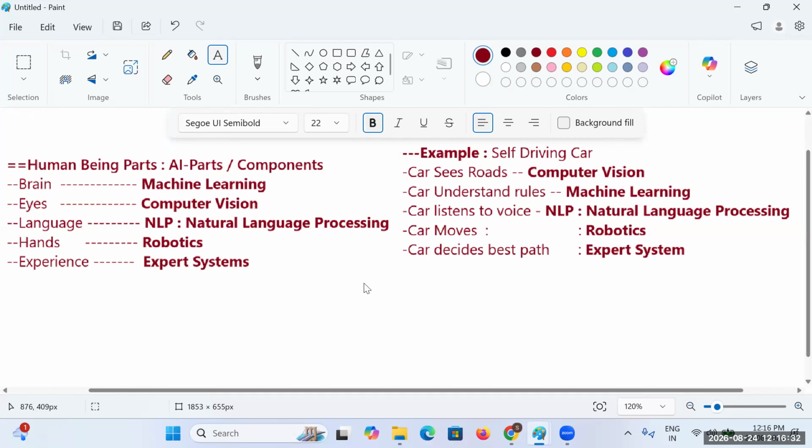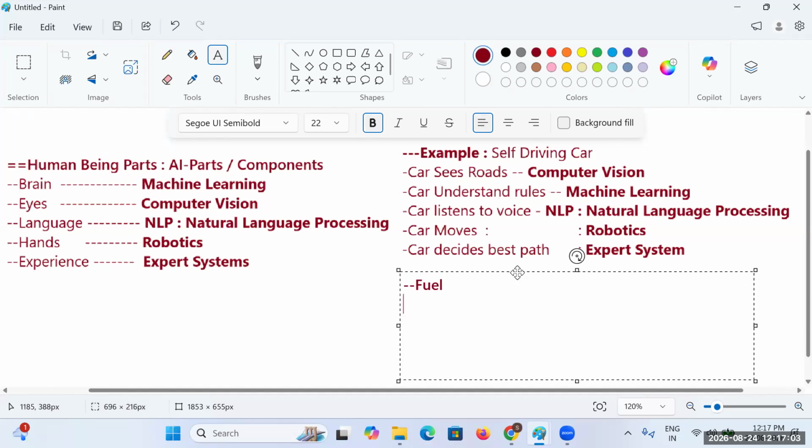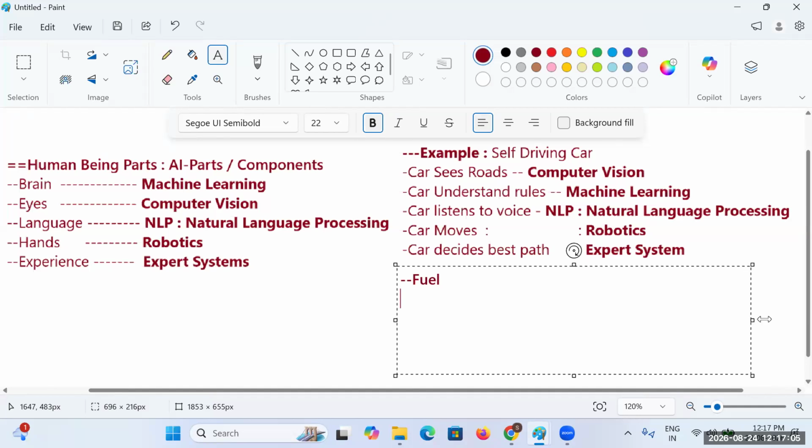Okay. Still, to get a more clear understanding, whenever you are considering a car, if you want to drive it, if the car has to move, it is mandatory that we require fuel. Without petrol or diesel, of course, now we have electric vehicles, that is different.